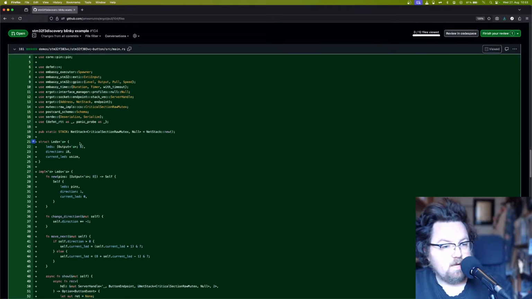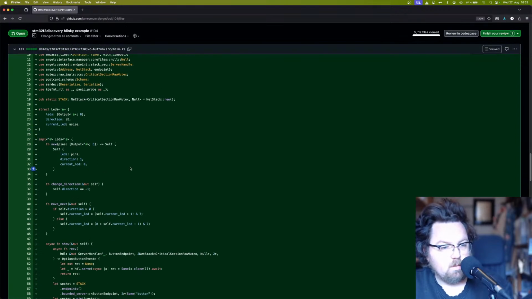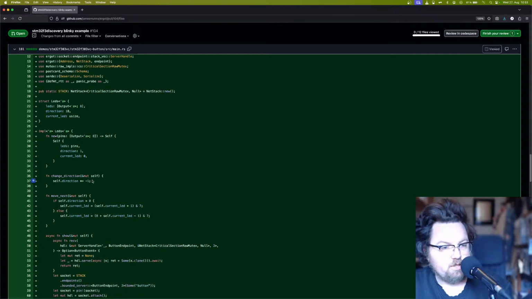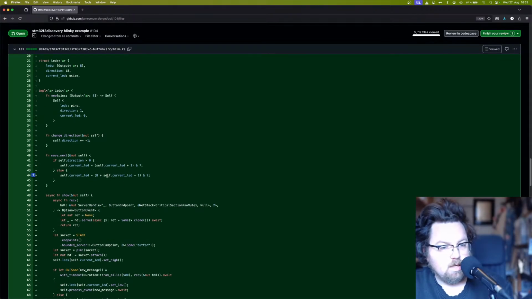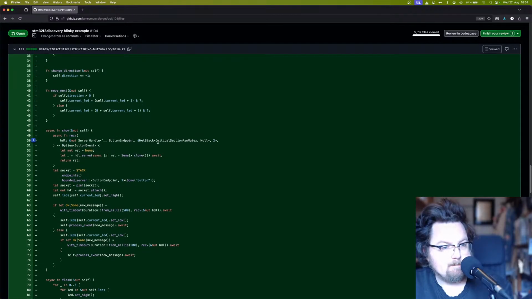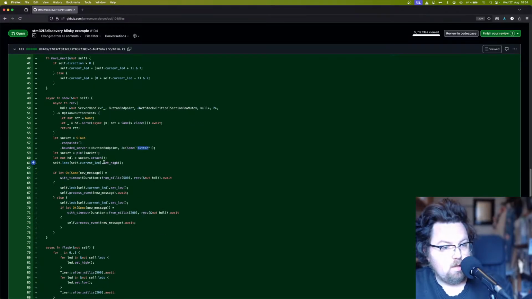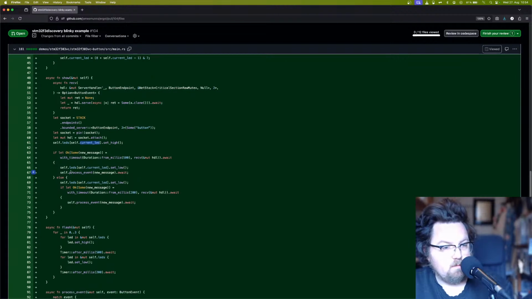So here we've got LEDs with direction. So this is our button example. So direction 1, change direction. Current LED and 7. Okay, so we've got an async function going on here. So we have a bounded server with button. And then we set our current item. And then